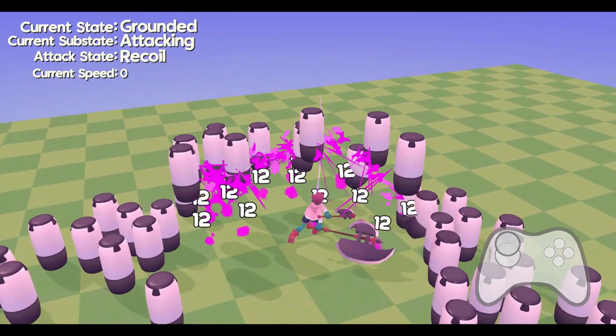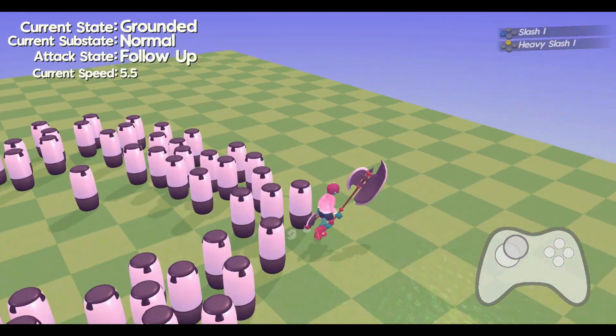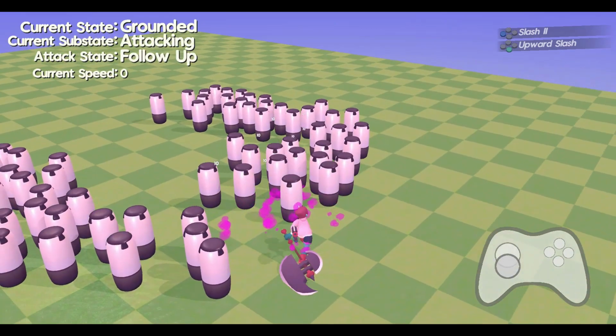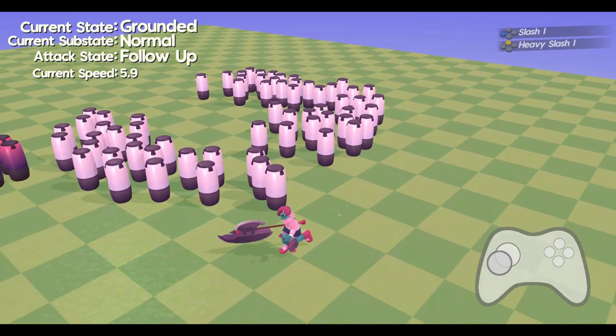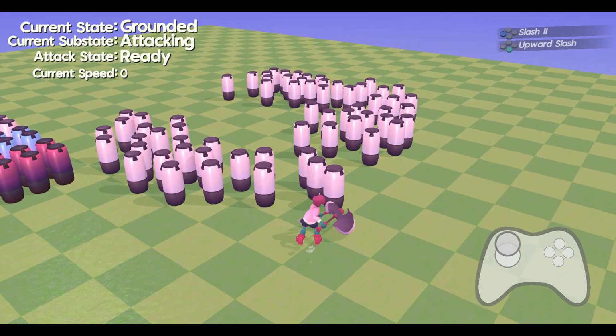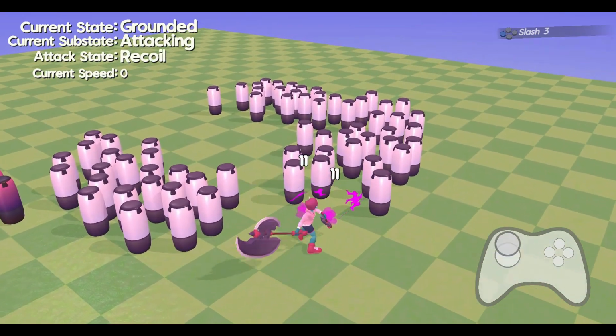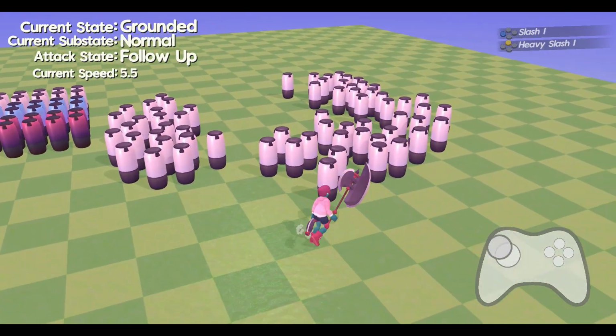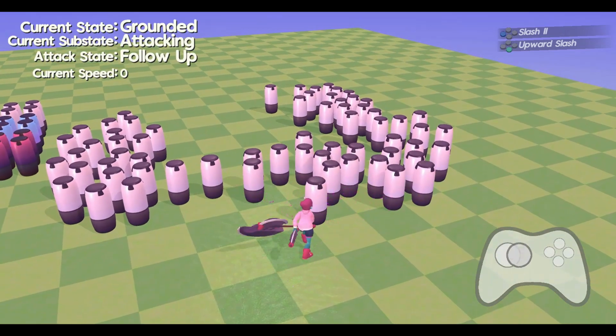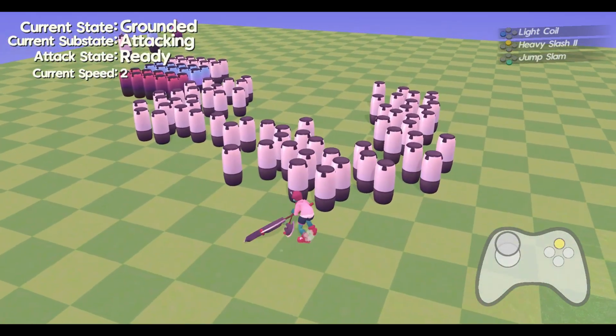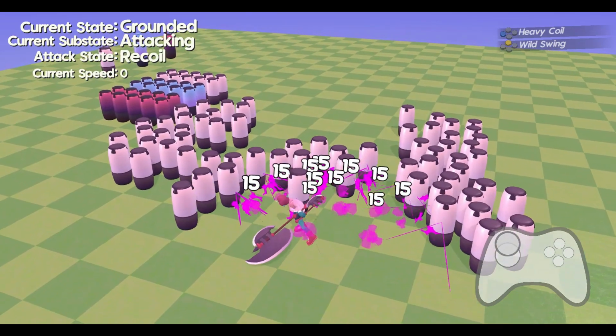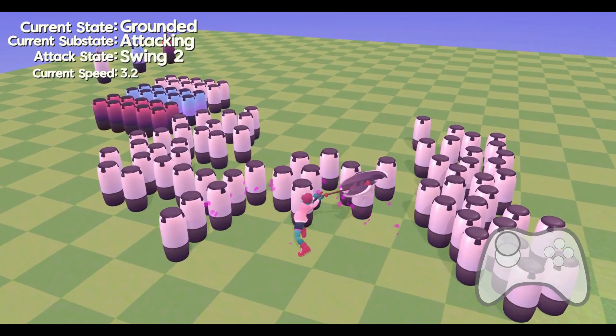Wowzers, that sure was a good week of development. What was your favourite part? Mine was the weapon trails. The weapon trails are mostly something I did just for funsies, just because I wanted to test out some weapon trail effects, but I ended up liking them so much that they really were just added to the game in general. I like how they look. I think they really improved the game, is what I'm getting at.